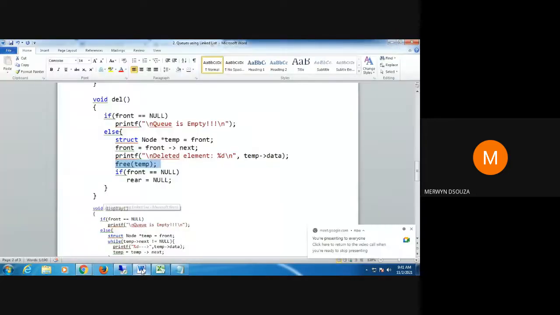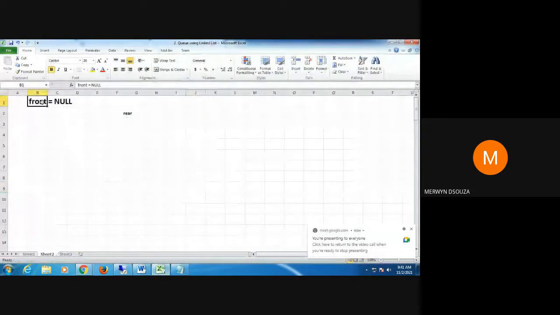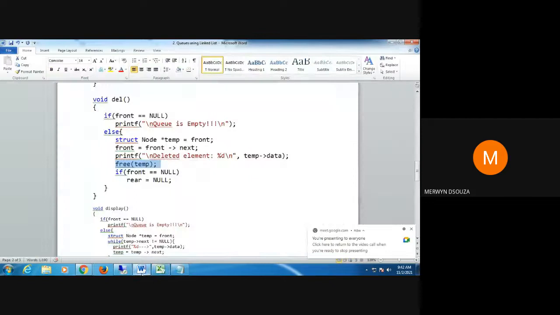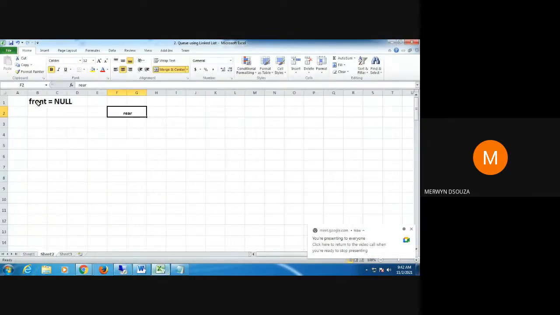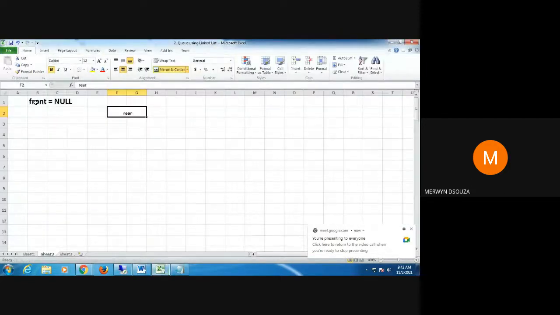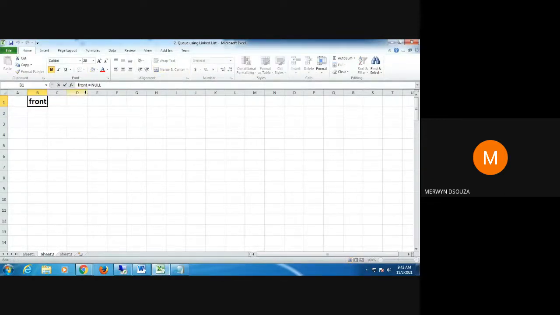It should be null. Now you can see in this diagram, presently front has become null, but rear has not become null. So to make rear null, we put this condition. We say if front is equal to null, is front equal to null? Yes, true. Therefore, rear should also be equal to null. So rear will also become null.